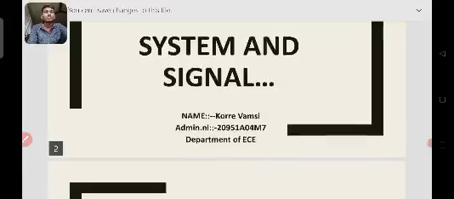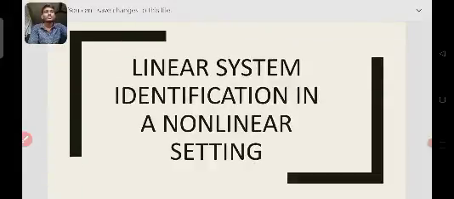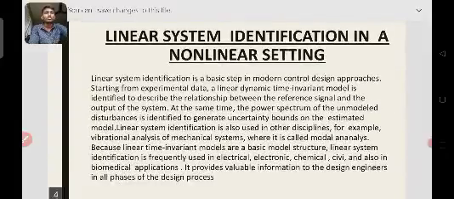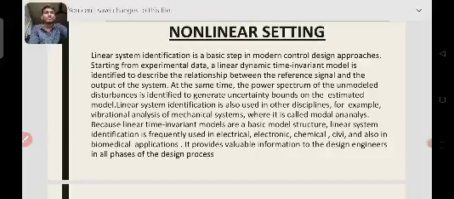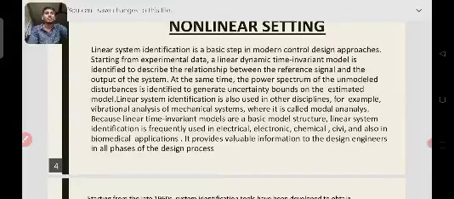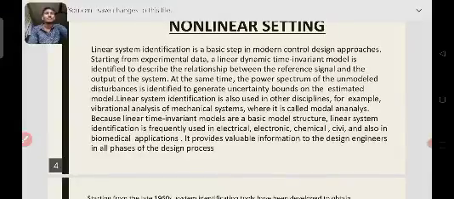So today I want to discuss linear system identification in a non-linear setting. So coming to the topic, linear system identification is a basic step in modern control design approaches, starting from experimental data. A linear dynamic time invariant model is identified to describe the relationship between the reference signal and the output of the signal. At the same time, the power spectrum of the unmodeled disturbances is identified to generate uncertainty bounds